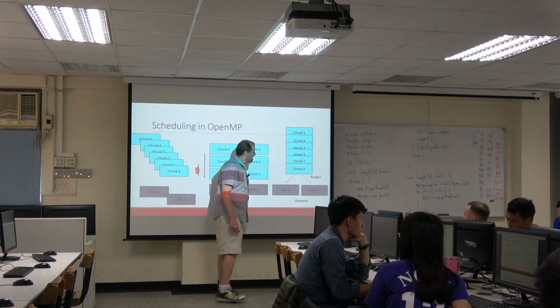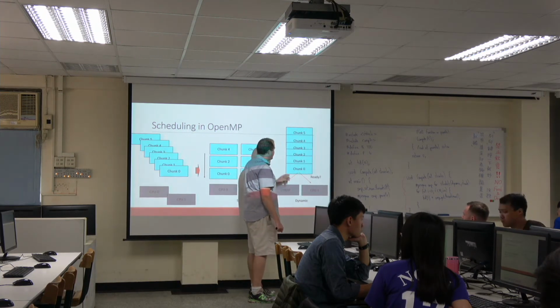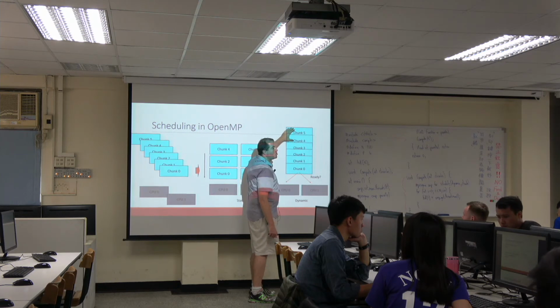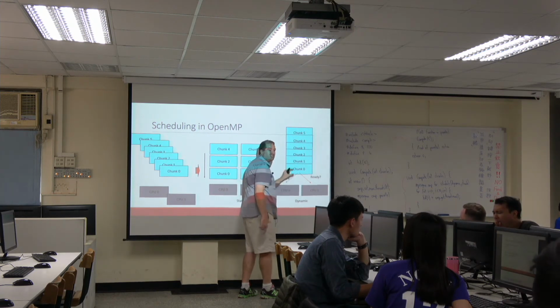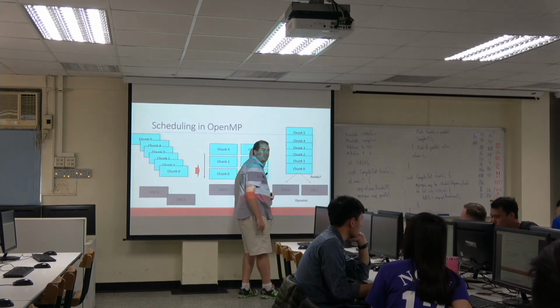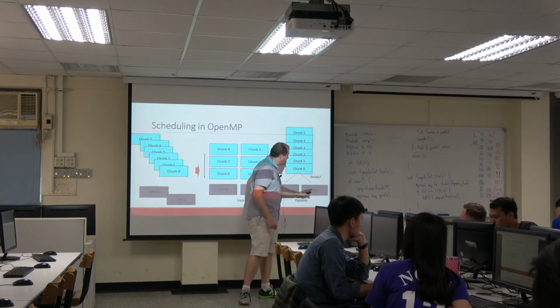Dynamic. What dynamic does is lines up all of these chunks into a queue. The first available CPU takes a chunk of work and does it. Now this means that if CPU 1 is busy helping someone play Witcher 3,